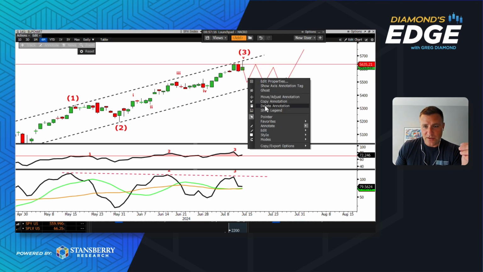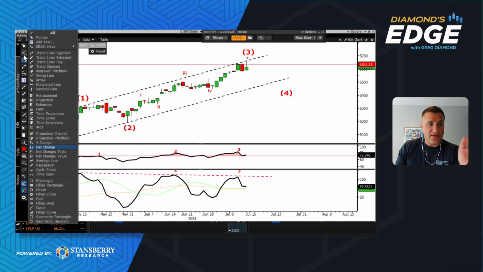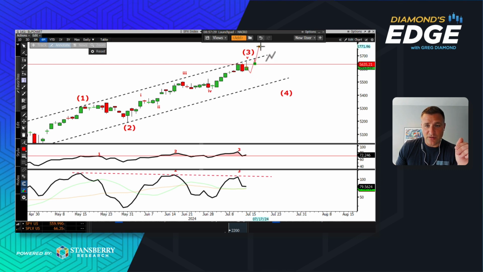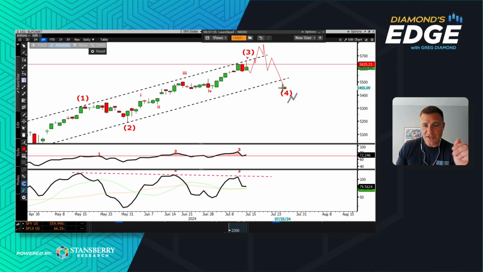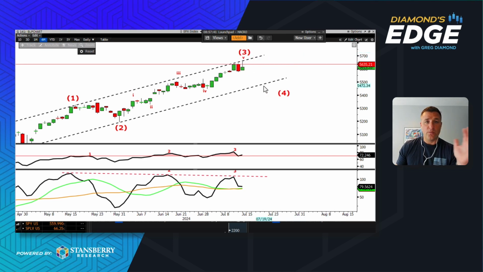All right, so let's take the opposite. Let's say that this does last a little bit longer. We get a drop, and then maybe we get what's called a throwover. You get a big rally above the resistance, and then you drop down into the fourth wave correction, and then you get the fifth wave. Again, this could be choppy, but this is a scenario where I take time and price